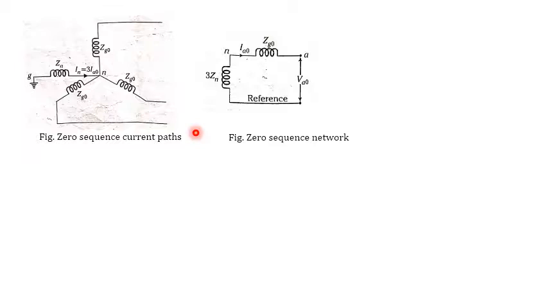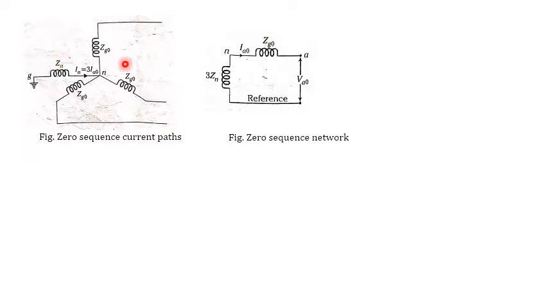However, when zero sequence current flows through the neutral point, the impedance which is connected to the ground limits the zero sequence current as well. So the impedance connected to the neutral point is included in the zero sequence impedance of the machine, meaning we are considering both Zg0 and the Zn value. This is the current path on a single phase basis. We are considering that the current is 3 times I0, which is produced through 3 I0 and the Zn value.